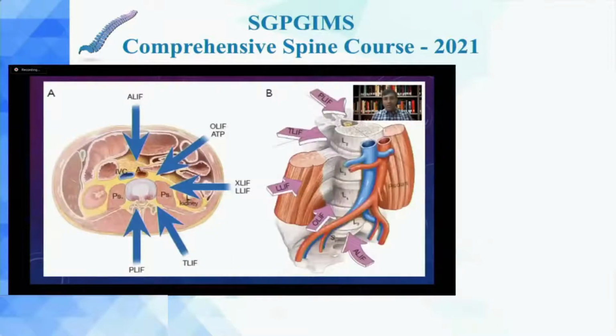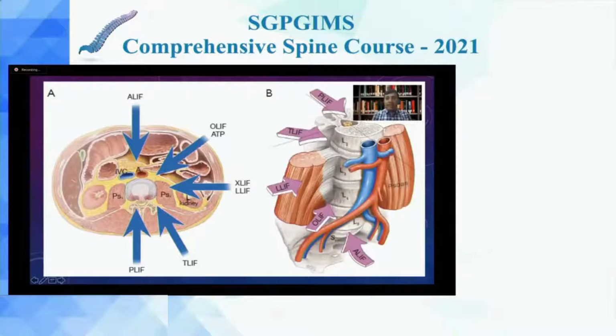Before I talk about the anatomical considerations of OLIF proper, just a few words about the various approaches that we have for interbody fusion. If you go dead posteriorly, we have the PLIF, as you can see here, and in the coronal section. This is one of the techniques which, as spine surgeons, we are much more well versed with. And if you go slightly more laterally, posterolaterally, we have the TLIF.